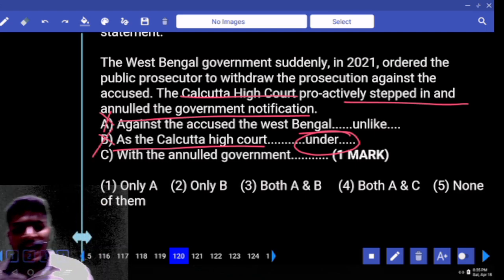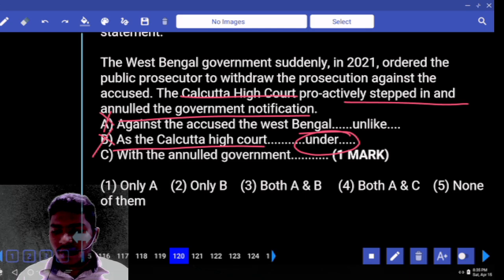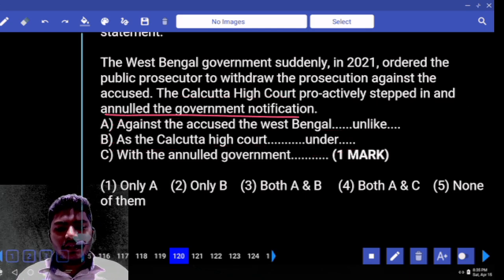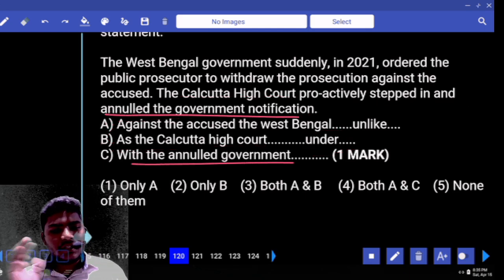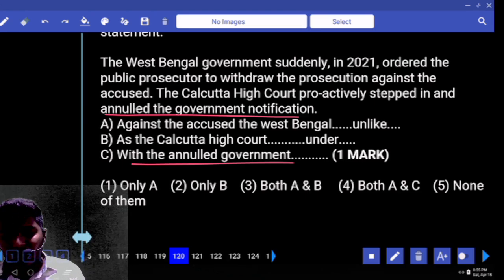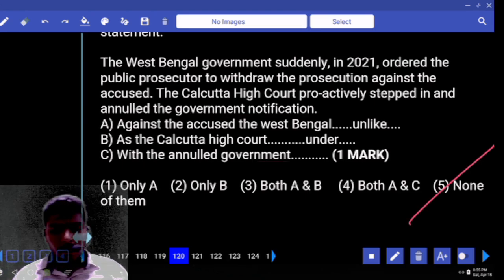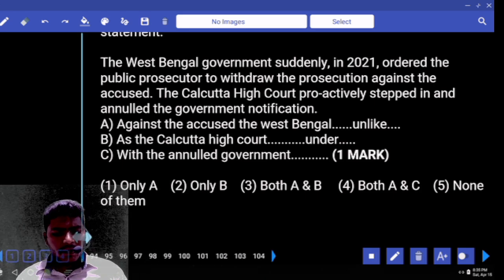Next one, with the annual government. Where is this annual government? Look at this. Annual government notification. Continuation cheppandi okasari. Is this meaningful? No. So what can you go for here? 5th one. Next. Let me once take you back to